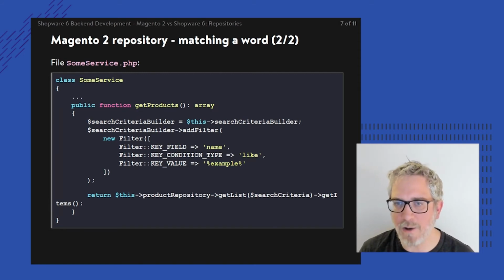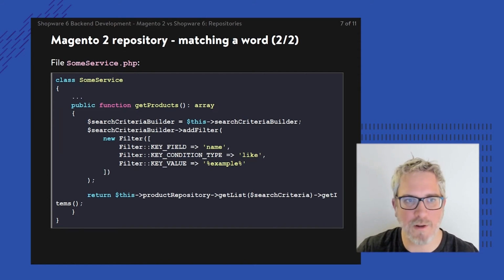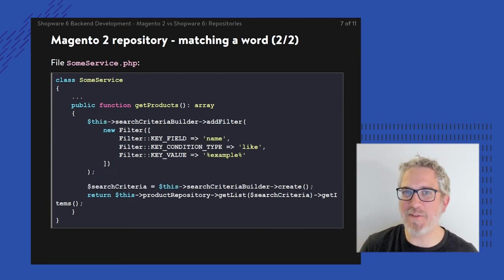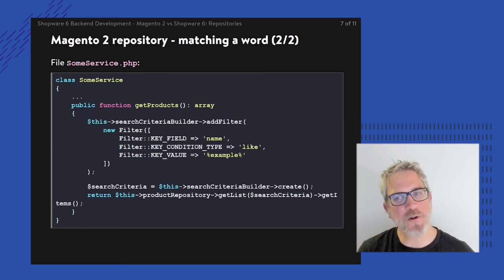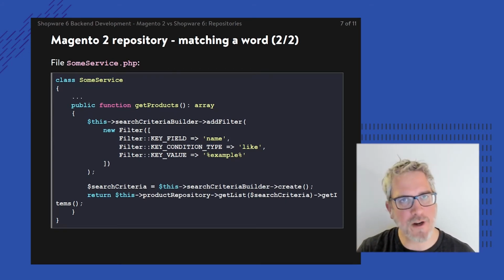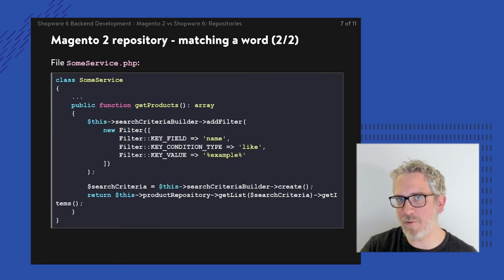Actually, I can see a little line missing here. Just a second. So there we go again. Here's the fix. I'm calling upon the search criteria builder to add a specific filter, but then in the end, the search criteria builder is called upon with its create method. The create method is returning a search criteria object, and that's actually the argument to be passed on to the